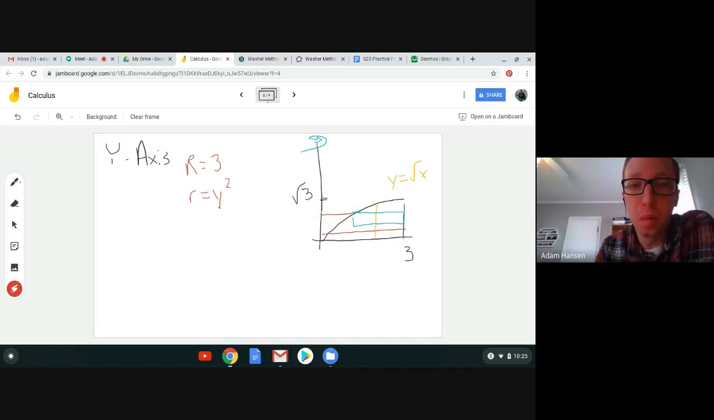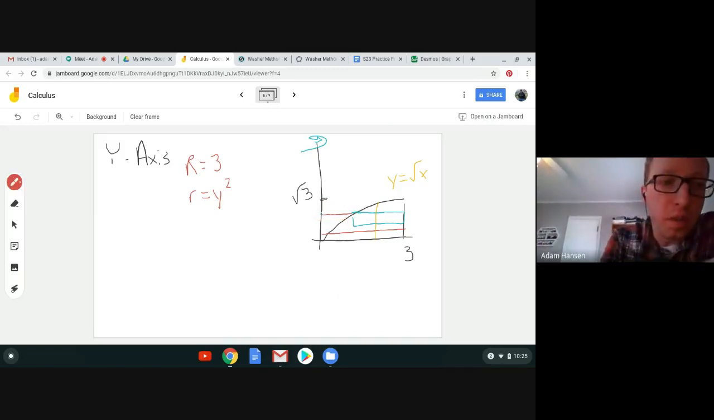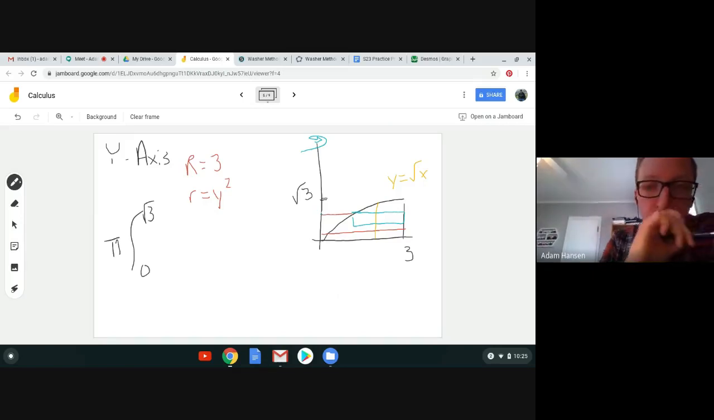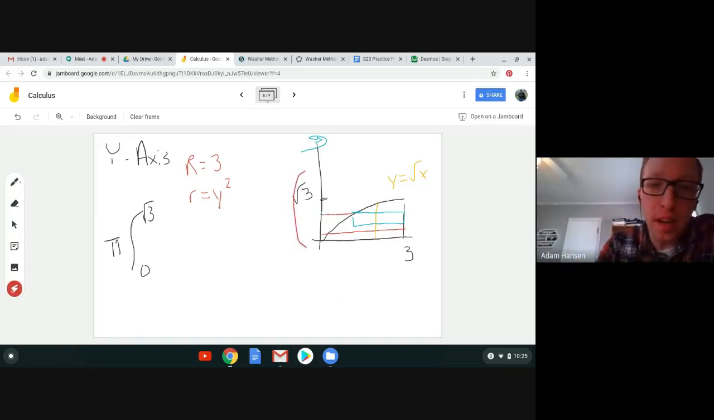So our definite integral is pi. We're not going from 0 to 3, we're going from 0 to the square root of 3. We're doing it along the y-axis, of 3 squared minus y squared,